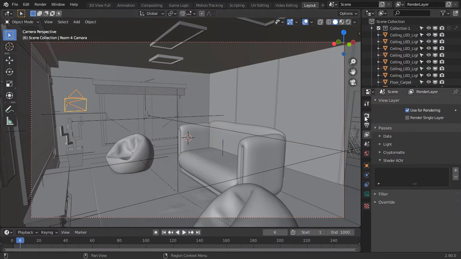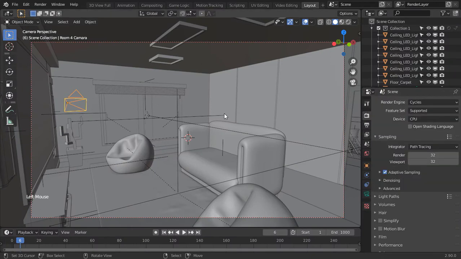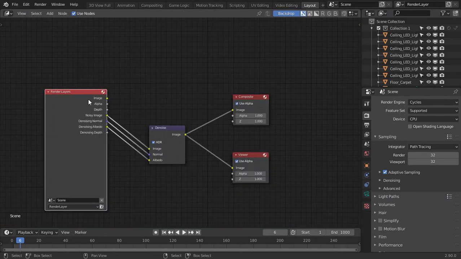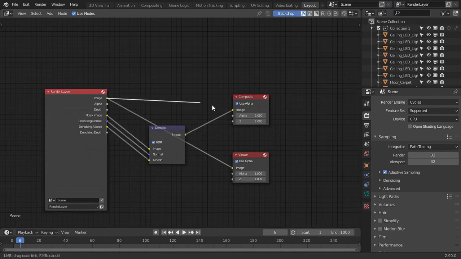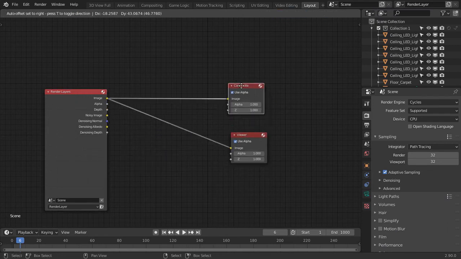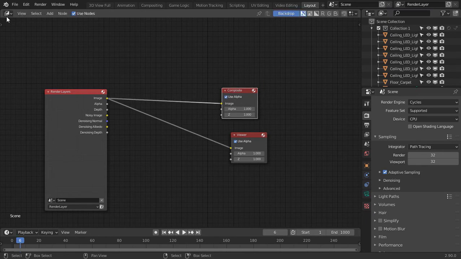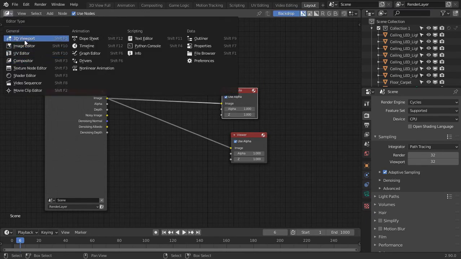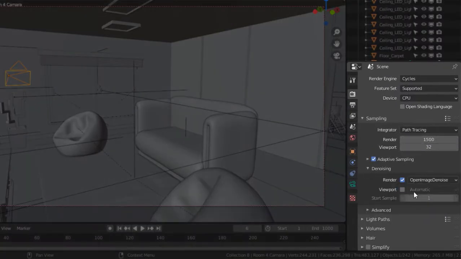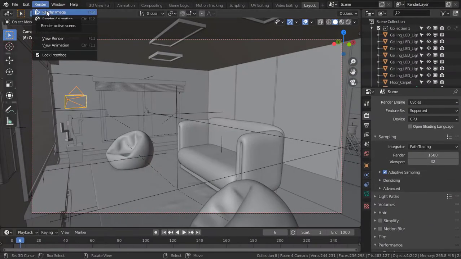For this scene, we are going to use the default render OpenImage denoiser, not the earlier compositing setup. So, I'm going to clean up the denoising nodes in the compositor. Now we can render the scene.